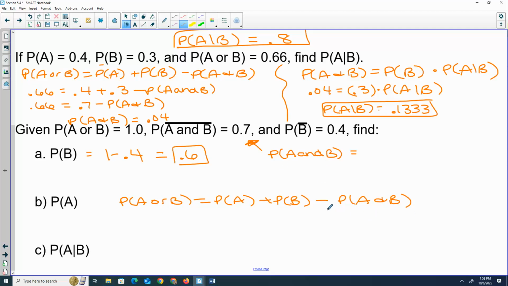Remember, if I'm doing the or, we have to subtract off the overlap, we have to subtract the people we double counted. So if the probability of not A and B is 0.7, what is the probability of A and B? So A or B is 1. We don't know the probability of A. Probability of B is 0.6 minus 0.3. So if I solve that, probability of A is